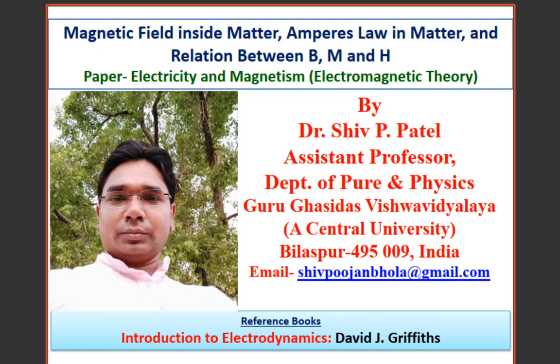So in previous lectures we have learned and calculated the magnetic vector potential inside a matter, and there I have given the concept that when we calculate the potential inside a matter, then that total potential of the matter, which is basically a microscopic phenomenon, can be written in terms of volume bound current density and surface bound current density.